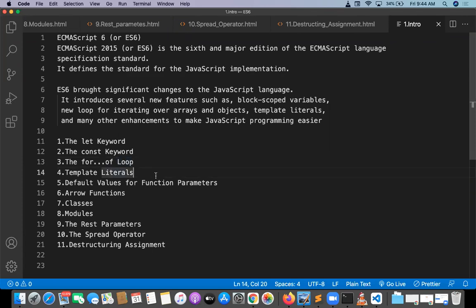And one more is template literals. A very important new feature became available. Some syntax is available for template literals. This is going to create multi-line strings, and it has a placeholder concept. The placeholder concept is different in Python and in other programming languages, but in ES6 it is different. Template literals. And one more concept became available: default values for function parameters.